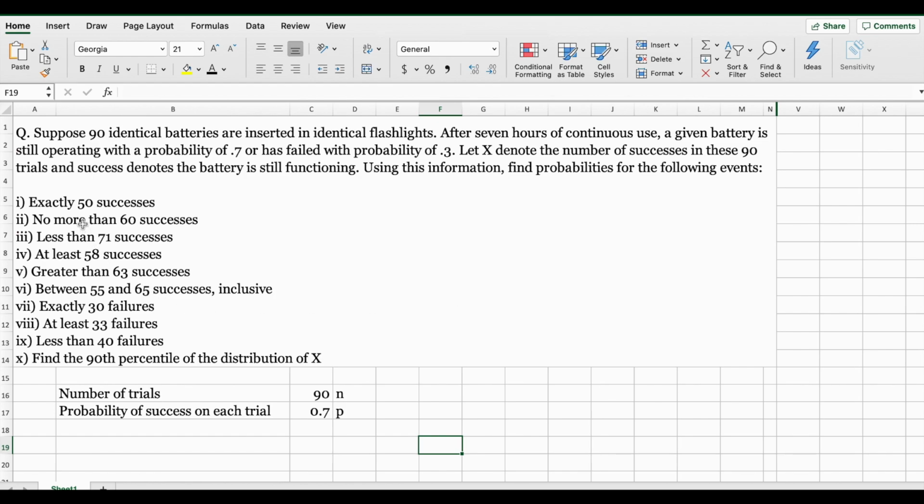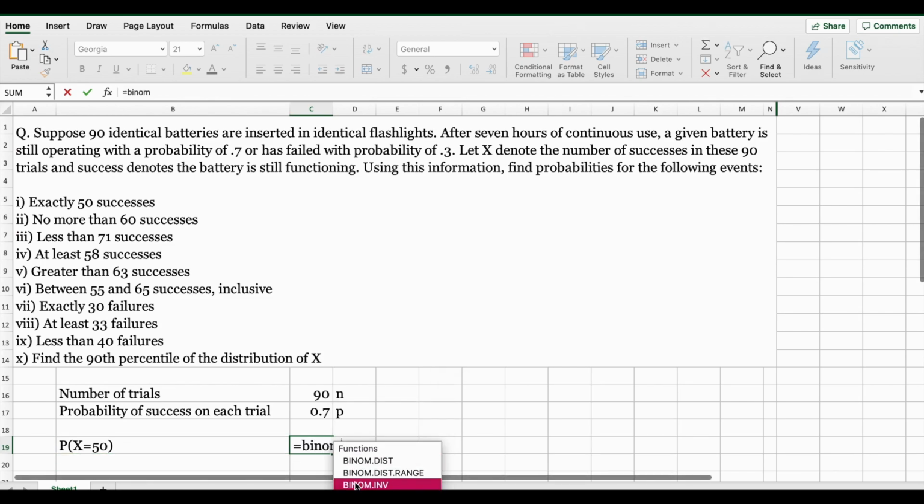So the first question here is asking us to find the probability when X is exactly 50 successes. So another way to write this is we need to find probability of X when it's equal to 50. Now we're going to make use of the binom.dist function in this example. So let's get started. We're going to start typing equal to